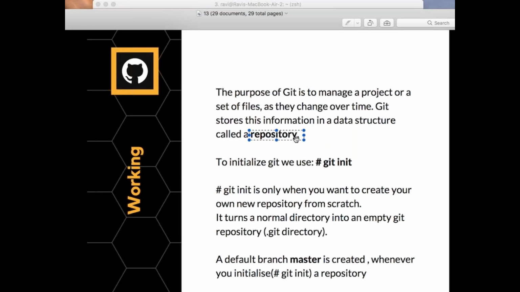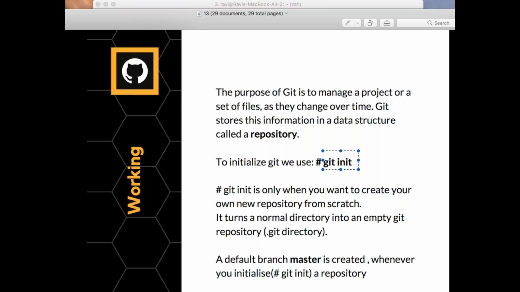Now, how are we going to initialize that repository? You will say git init. Now, how are we going to work with this? Let's say you are working on a particular project right now. Let's say I am working on a project: mkdir website, and then cd website. If I do ls -la, will I be able to see anything here? No, because I did not create anything. Now here, this is your project.